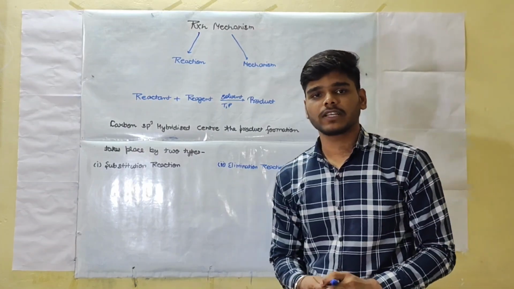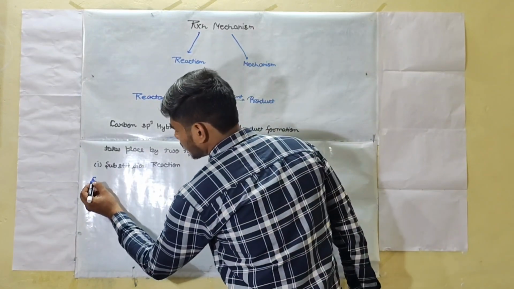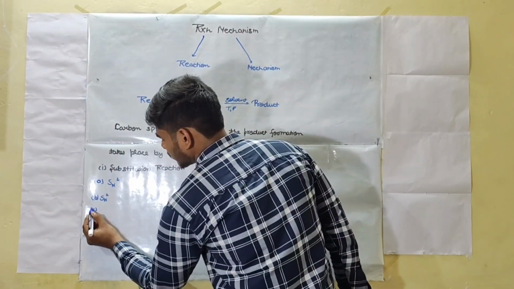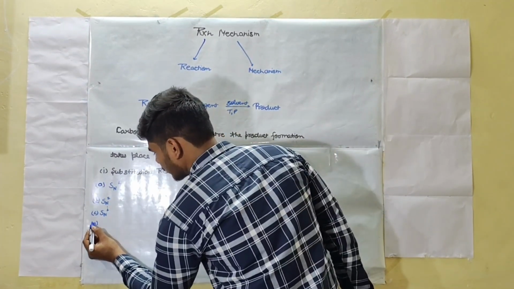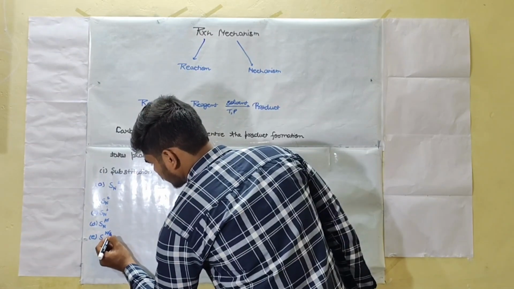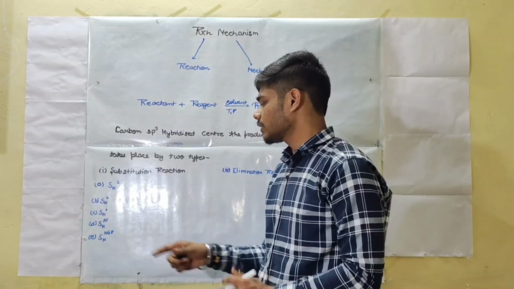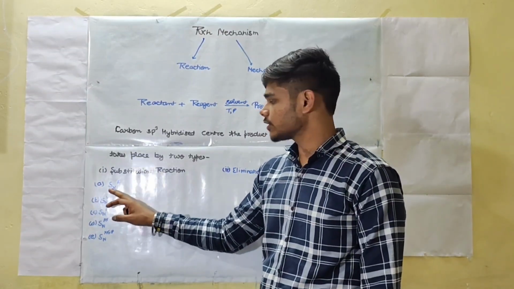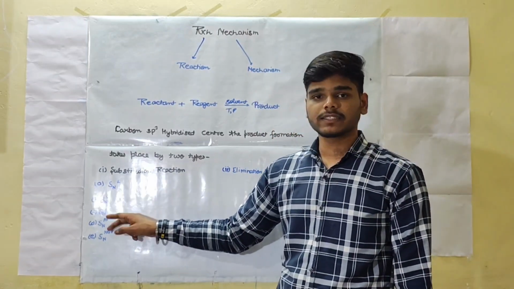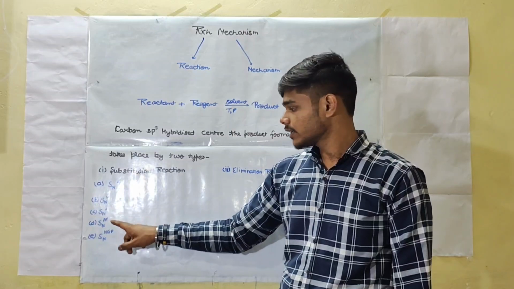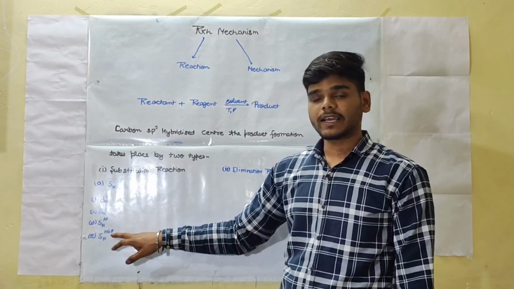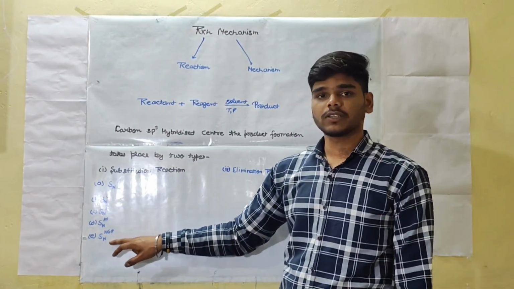So substitution reactions are further divided into many types, which are A. SN1, B. SN2, C. SNi, D. SNAr, and E. SNNGP, where SN1 stands for unimolecular nucleophilic substitution reaction, SN2 stands for bimolecular nucleophilic substitution reaction, SNi stands for intramolecular nucleophilic substitution reaction, and SNAr stands for aromatic nucleophilic substitution reaction, and SNNGP stands for neighboring group participation nucleophilic substitution